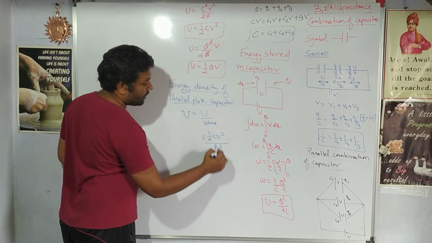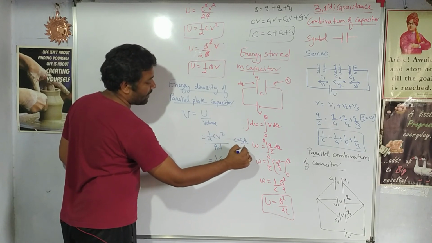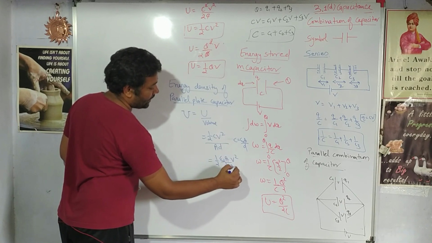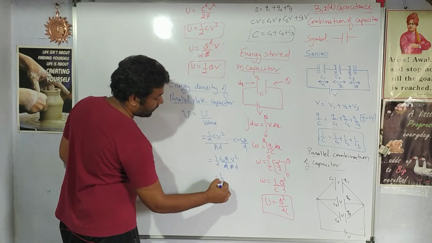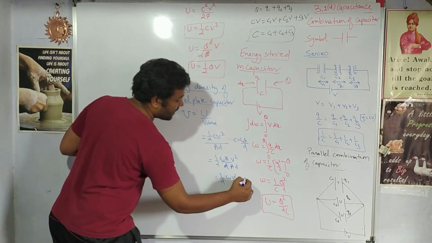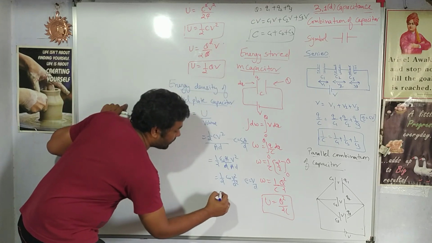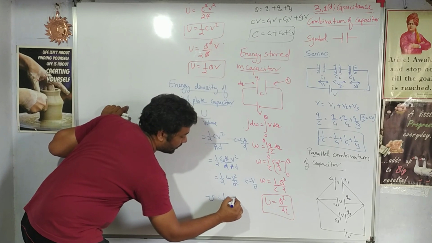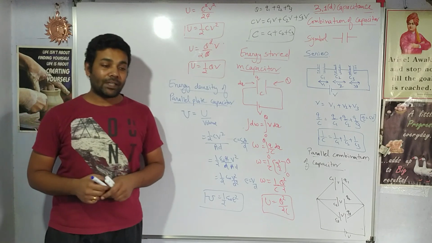If I substitute the value of C for parallel plate capacitor, I know that C is epsilon naught A by d. If I substitute that value, this is V square, area into d. So d remains, A gets cancelled, that is half epsilon naught V square by d square. Now again here I can substitute that E is equal to potential difference upon distance. So energy density is given by half epsilon naught E square. This is the formula for energy density of a parallel plate capacitor.